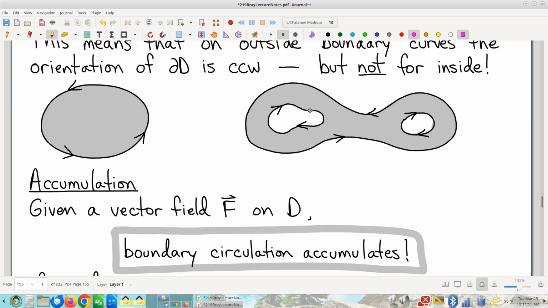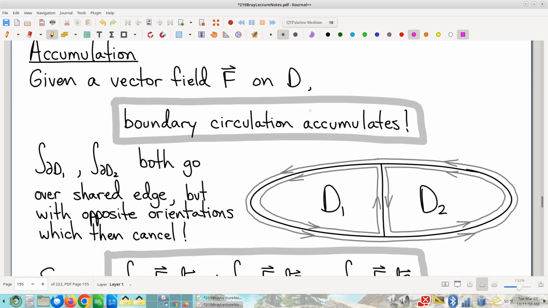And with that noted, where we ended last time was this observation that we have a very surprising accumulating quantity, boundary circulation. Weirdly, unexpectedly, that's not a stuff. Boundary circulation? That's a formula we write down. It's an integral that we compute, maybe with fluids in mind or something like that. But it's not a substance. It doesn't have units of work. It's not something we ever really thought of before in physics classes or anything. And yet, here we are.